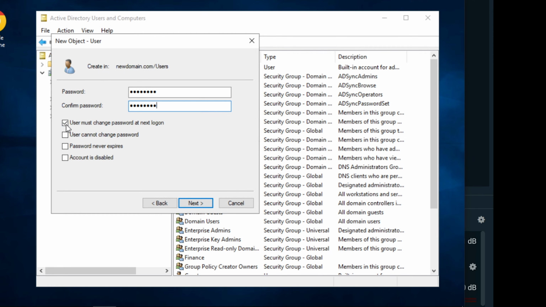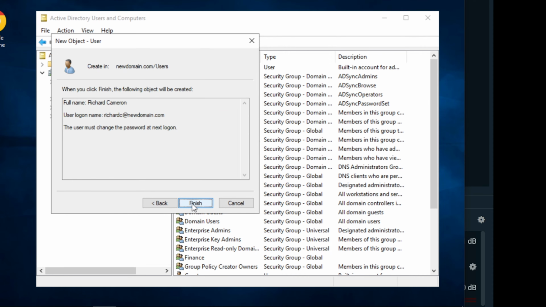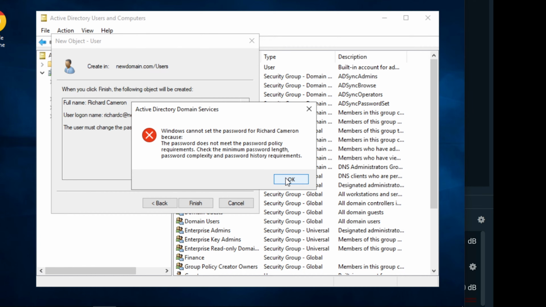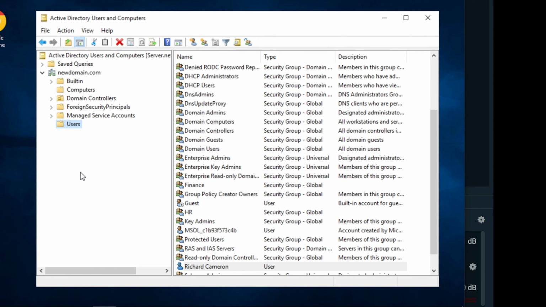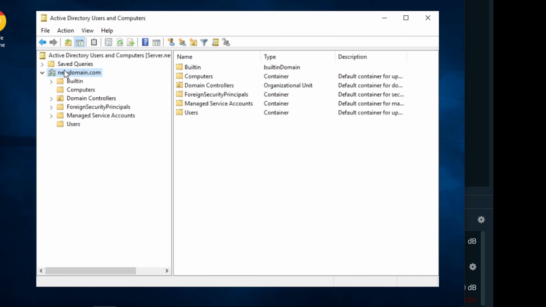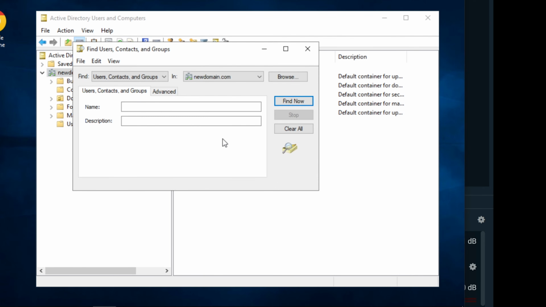And we're just going to leave it here. User must change the password next login. That's fine. Okay, so what that was telling me is that I need to make the password more complex. All right, finish. All right, now when we go in, we can search for Richard, Cameron,